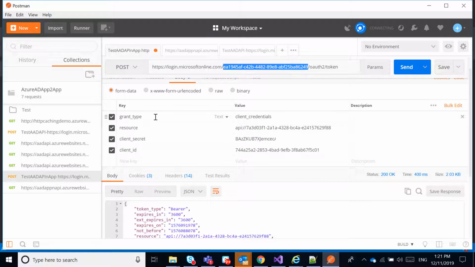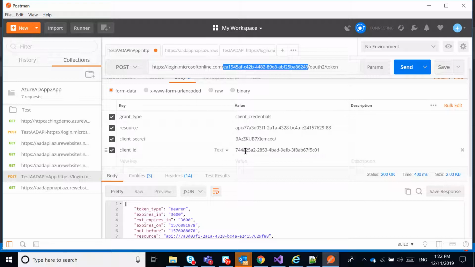When coming to the values we are passing in the post body, the first one is grant_type. The grant type value is client_credentials. This is a string which we need to remember or use as is for the client credentials flow. Next is the resource. This is a unique URL we have created for the publisher app registration, api:// followed by the ID of the app registration which we used for the publisher application.